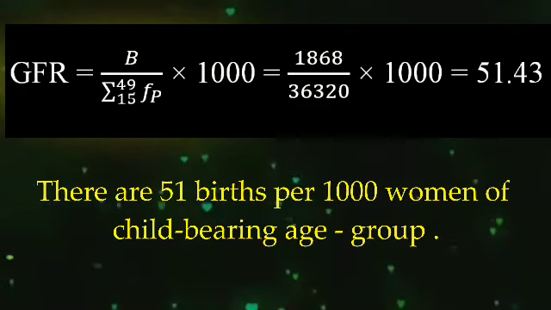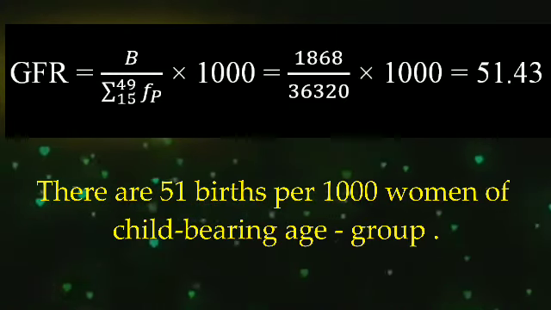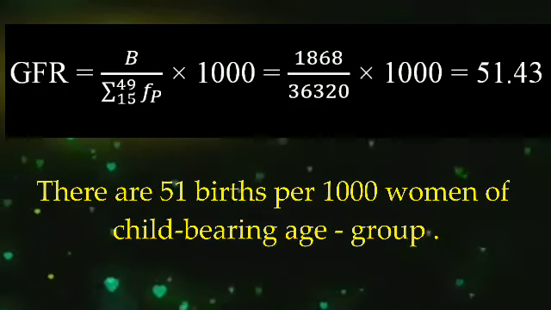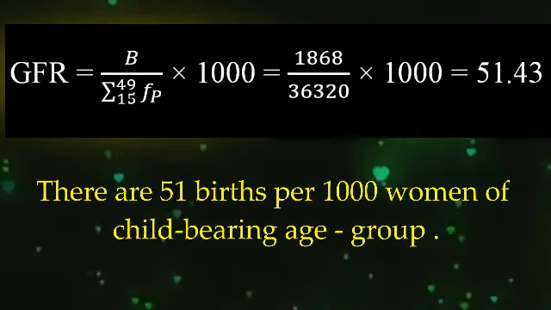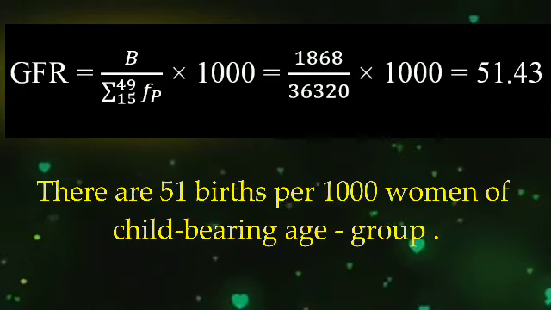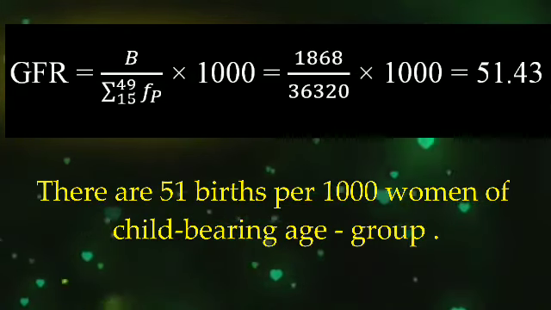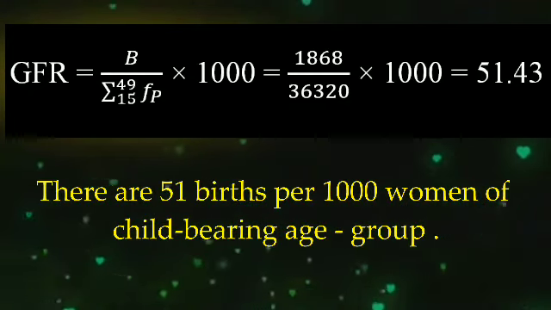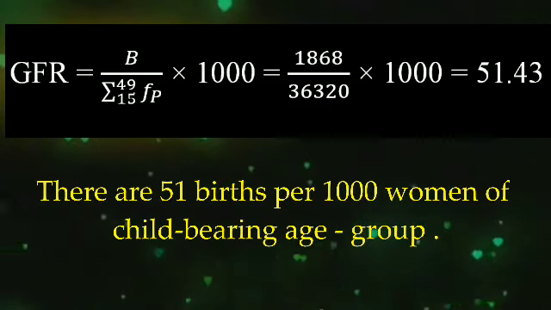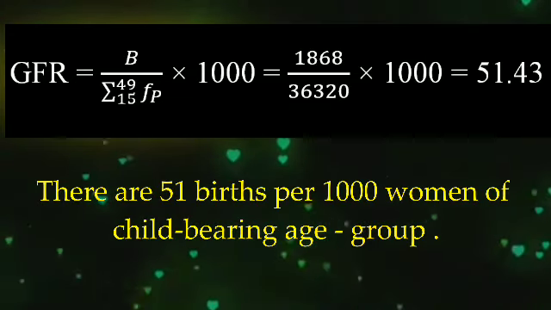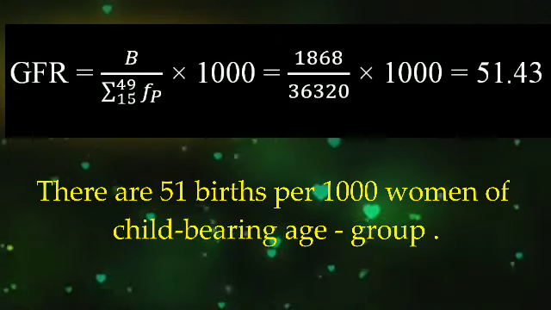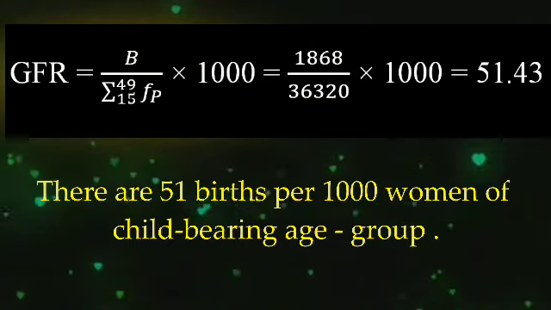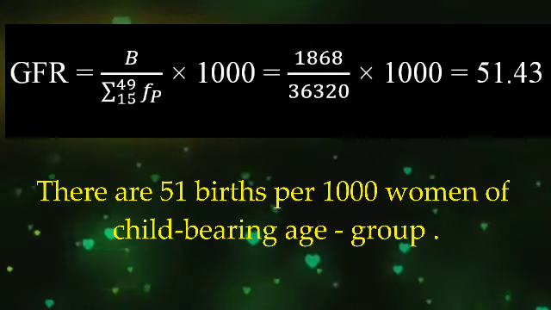Here in the given question, first consider the female population which is given in the third column, and for the age group 15 to 49. So you should skip the first value, ignore the first value, because 0 to 14 is not a childbearing age group. So ignore the value 19,840 and ignore the last value, because 50 and above is not the childbearing age group. So here you should consider the female population for the age group 15 to 49.